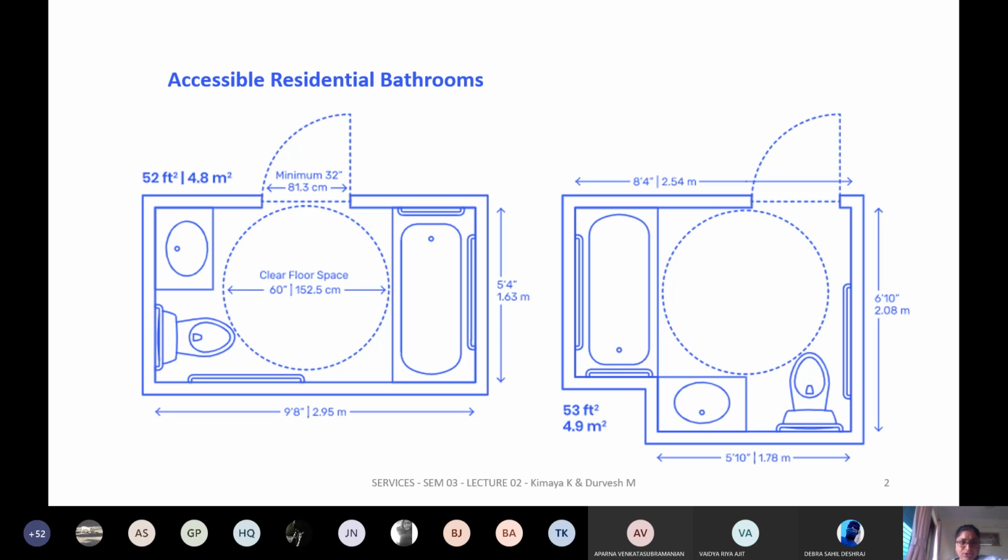The dotted circle that you see is nothing but your turning radius of the wheelchair, so that it can easily move around without any hindrance. And if you see the door, when you design accessible residential bathrooms, especially for people who can't access them, the door will always open out. The idea is when you're outside, someone will assist you and push your wheelchair in and close the door for you, which you can clamp from inside. And once after usage, the person who has used this can push the door and let himself or herself out.